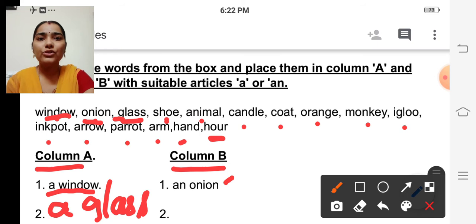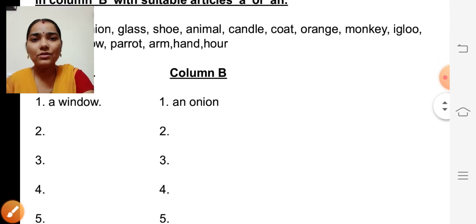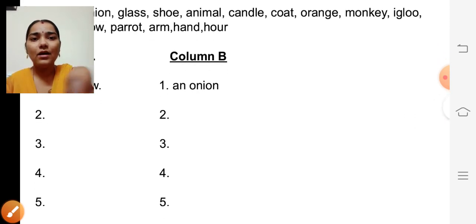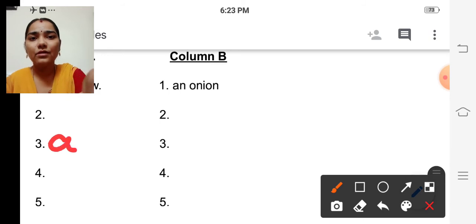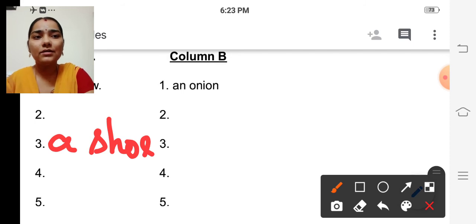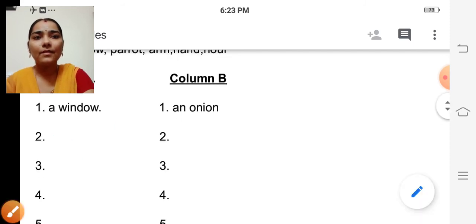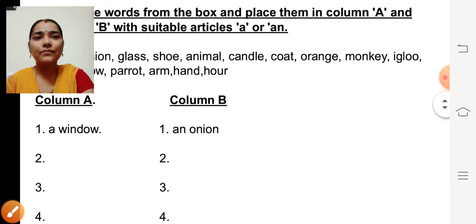Shoe. So it's not a vowel sound, and see the first letter of the word. It is S, isn't it? And S is not a vowel, isn't it? So we have to place the article a. A shoe, isn't it? So the third one will be a shoe. And the next one